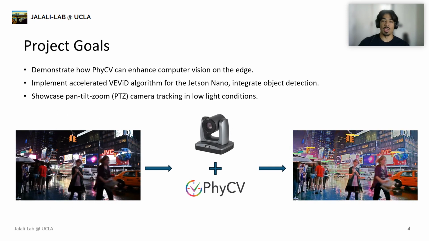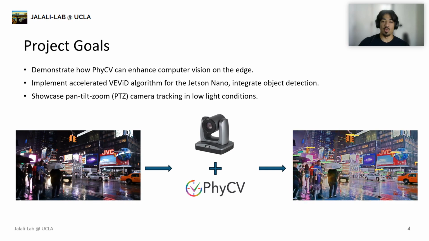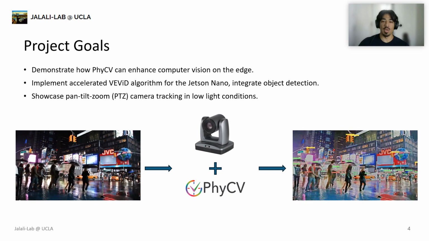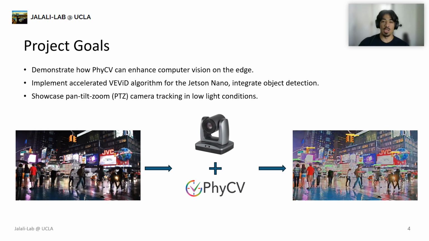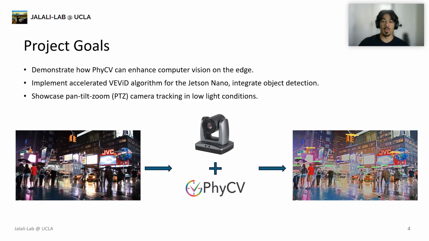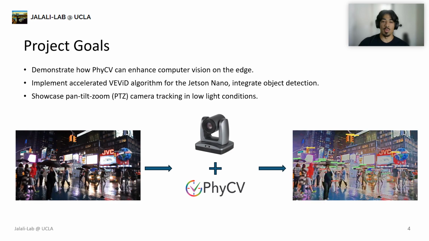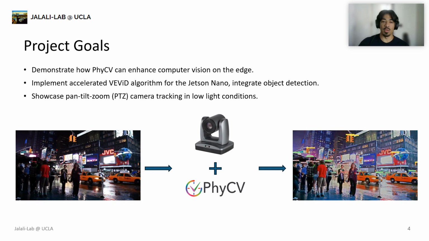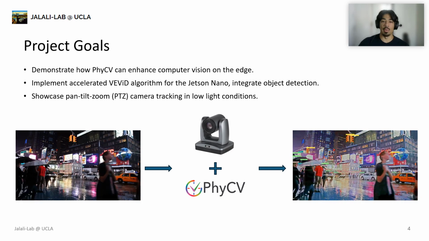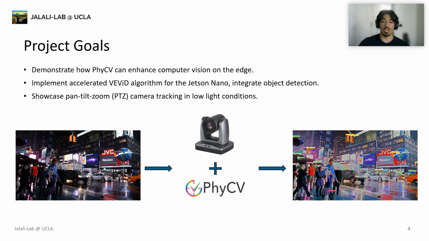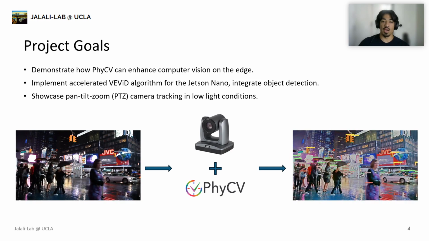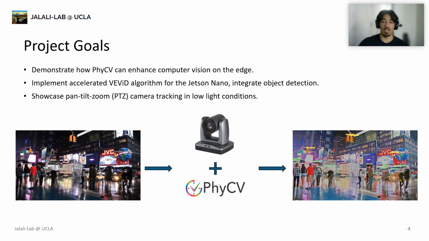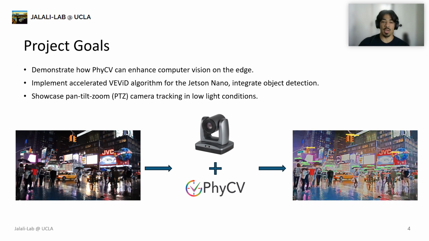The main goal of my project is to demonstrate how PhyCV can enhance the performance of computer vision applications on the edge in low-light environments. To demonstrate this goal, I implemented an accelerated version of the Vivid algorithm optimized for use on the Jetson Nano, a small single-board computer developed by NVIDIA. I then integrated the algorithm with NVIDIA's Jetson Inference object detection library to enable real-time object detection on a live camera feed. Finally, I connected a pan-tilt-zoom, or PTZ, camera to the Jetson to showcase improved object tracking in low-light